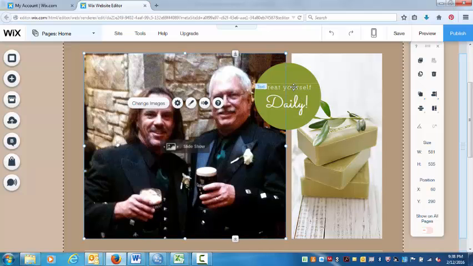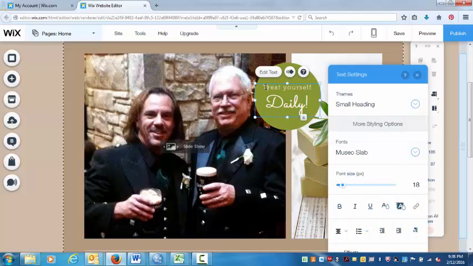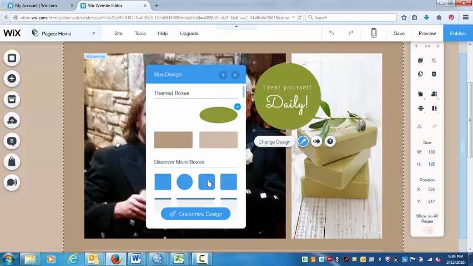Moving on, if you then click on this circle, you can click on the circle or you can click on the text. The text is simply a text box, just like before. If we double click and highlight the text, we can edit what's in the words there. And if we wanted to edit this shape, to give it another shape, we can left click on the green shape itself, then click on change design. If we want to make it like a square instead of a circle,